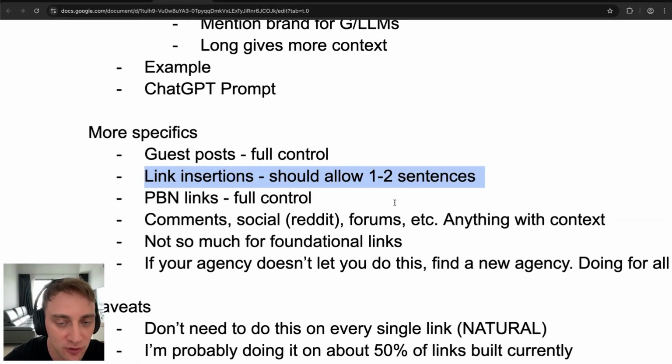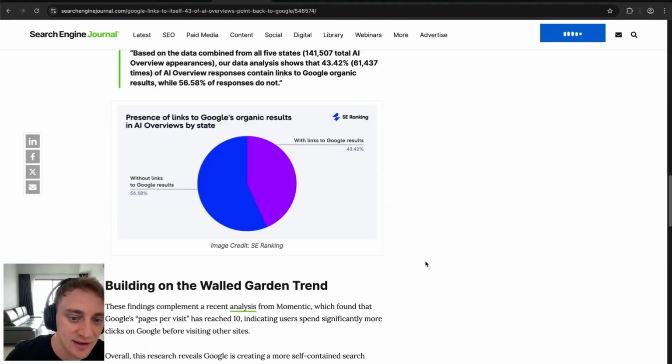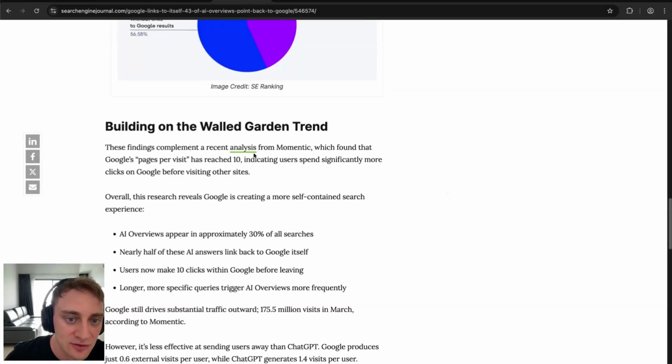Not all webmasters will allow you to change as much text as you want in the article. So let's just say we were doing a link insertion on this article. The webmaster might say, hey, you have to choose text that's in the article. We're not adding any other text. You have to do just that. But actually, I feel like it's a pretty low percentage of sites that are doing this these days.